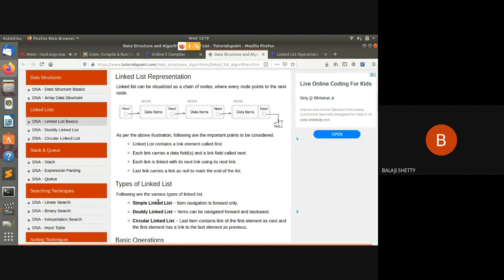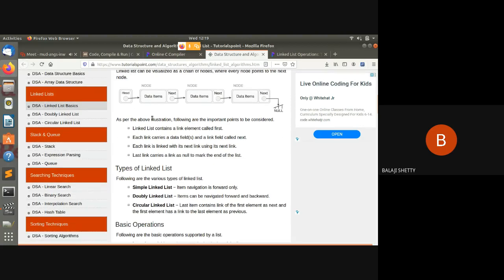And circular linked list means your last element will not be null. Your last element will contain the address of the first element. A circle is created. Again I repeat, in a circular linked list, the last element does not contain the null address. The last element contains the address of the first element. Clear?